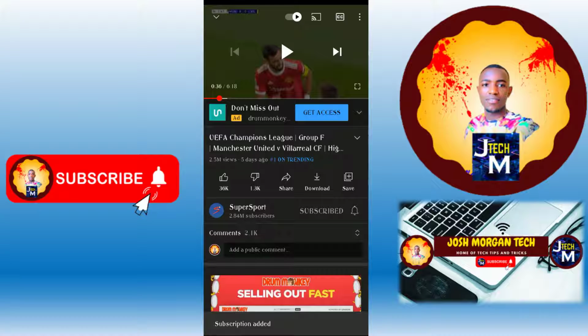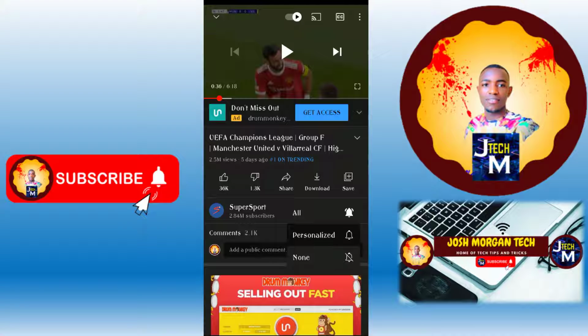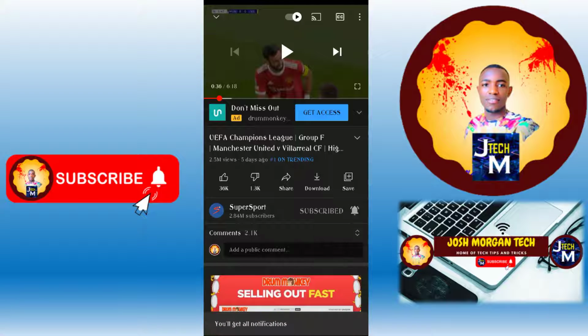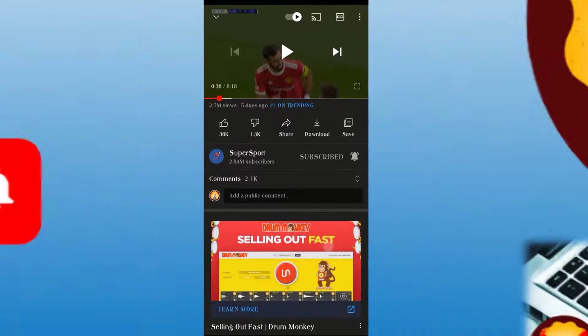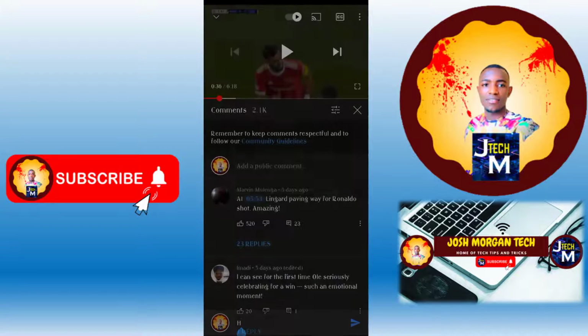If you want to receive notifications from that channel of YouTube, you just have to press this button here, this one of notification here. So if you want to receive every video from that channel, you just have to press the all here. If you press that, you will get all the notifications from that channel. If you want to comment, you just have to press under here, this box here, and you comment with anything you want, after you press this button here of send. That's it with commenting.